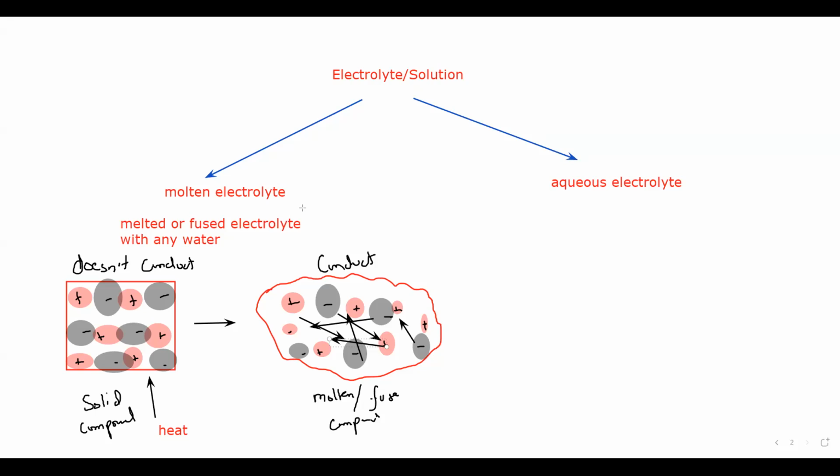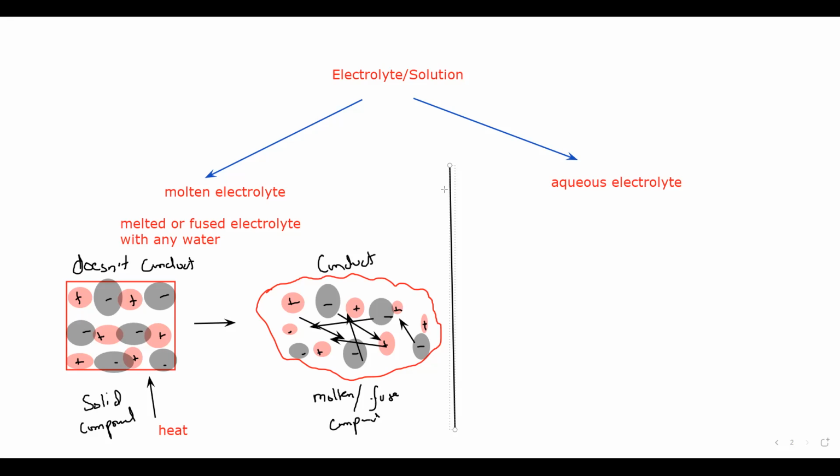Is it clear? The electrolyte which we use can be a molten electrolyte. Sometimes they ask why we are not using a solid electrolyte, why molten? Your answer should be that in a solid electrolyte, the ions, the charges, are in fixed positions. They can vibrate, but they cannot move from one place to another. That's why we do not use a solid electrolyte. So we use a molten or an aqueous electrolyte.